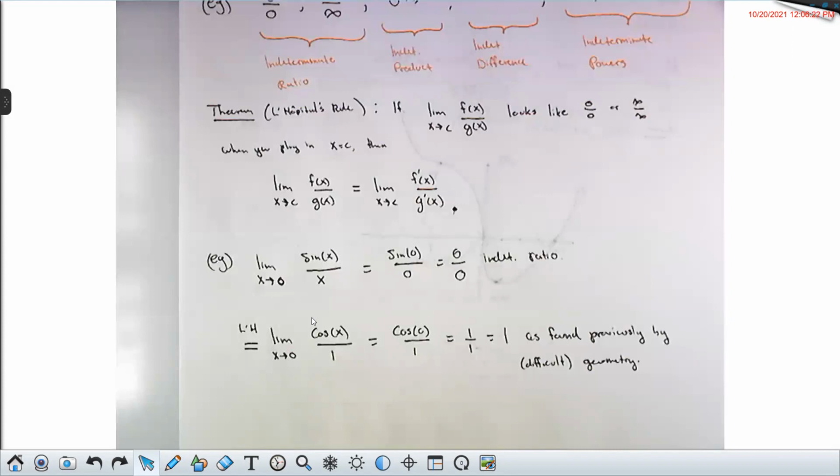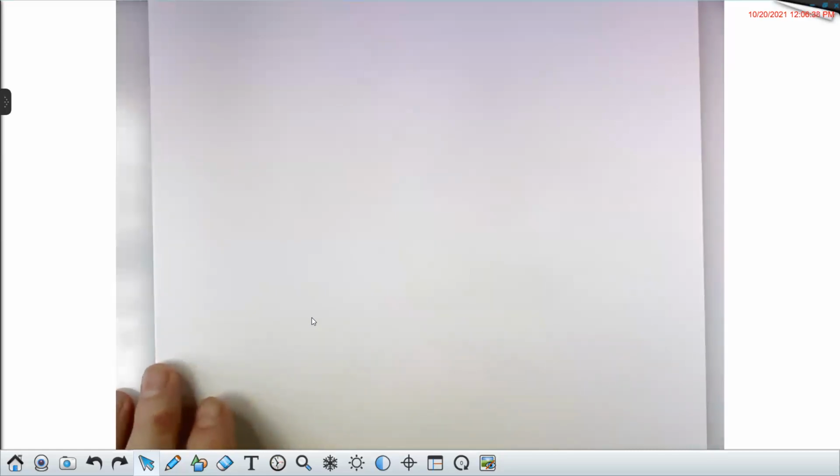The other classic example is an exponential and polynomial ratio. So if we try to evaluate the limit as x goes to infinity of something like x cubed over e to the x,